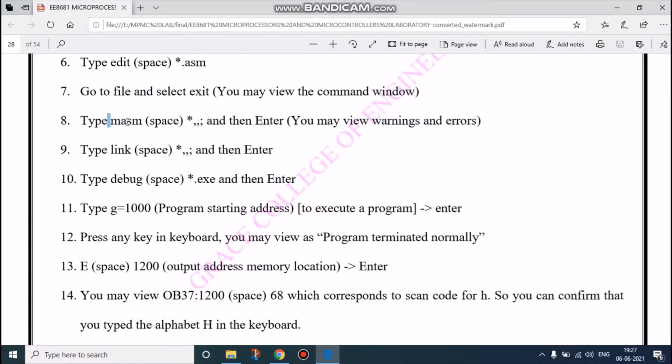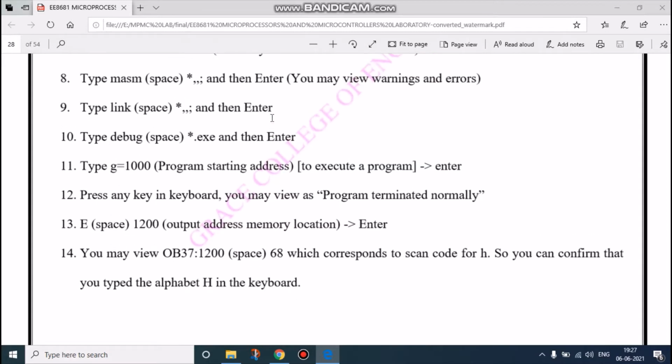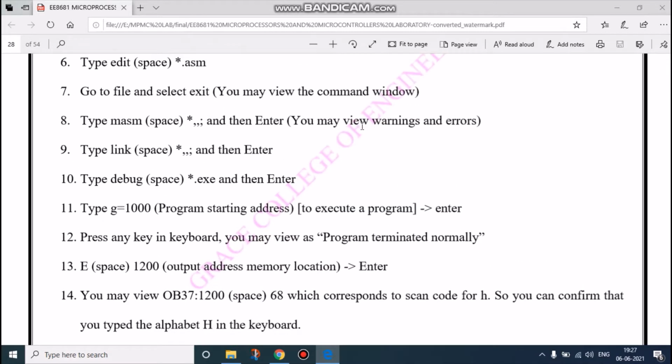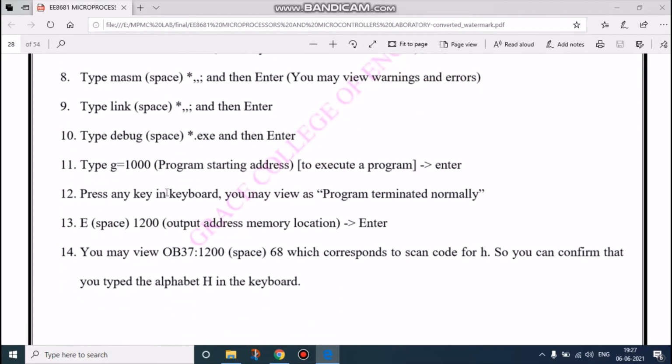After the exit we can view the command window directly. Then type MASM, that is MASM space the file name, and then press enter. The command window will run the program and it will show the warnings and errors. After that we again have to type link and the same name, and then press enter.